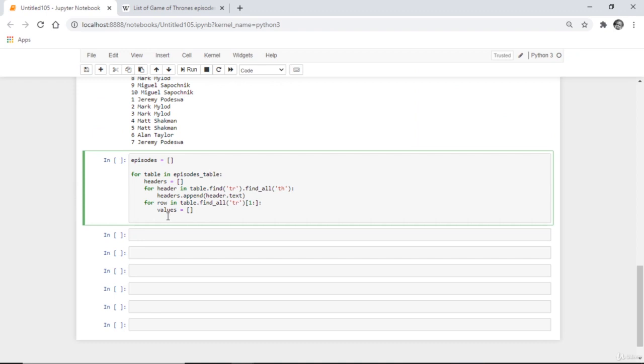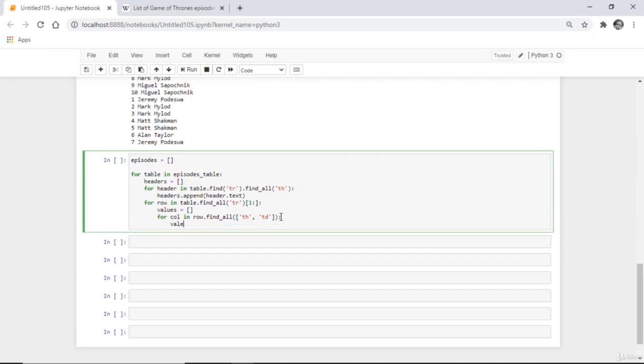So we extract, use a for loop again for all columns, row.find_all. So we build a list here because we want more than one tag. We have the th and the td tag. We now add the information here. Okay,